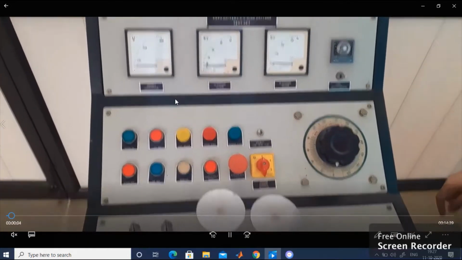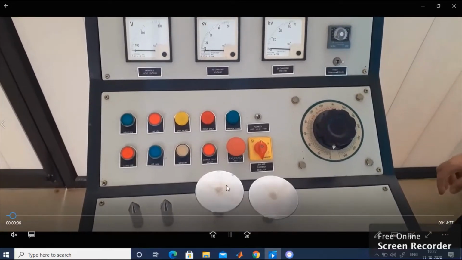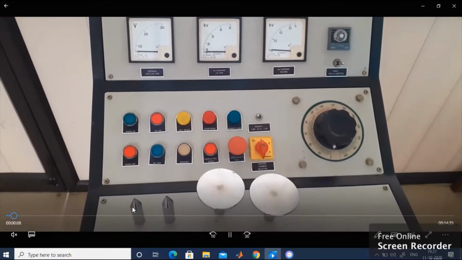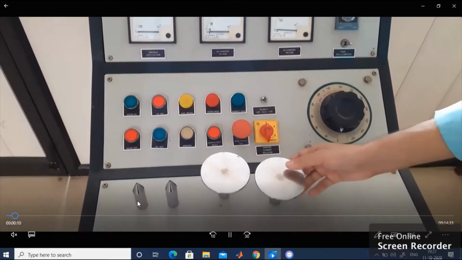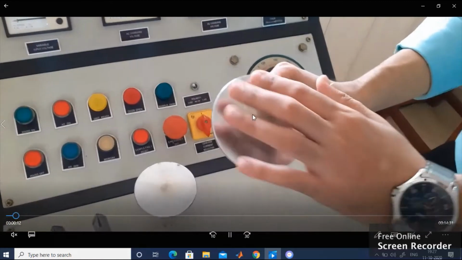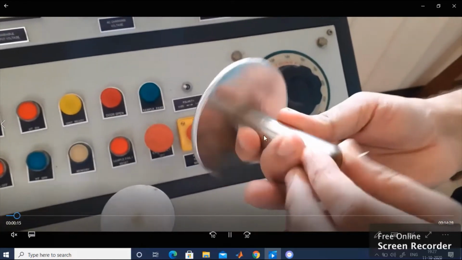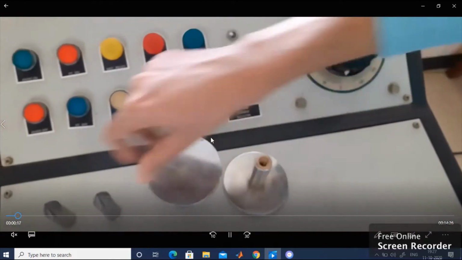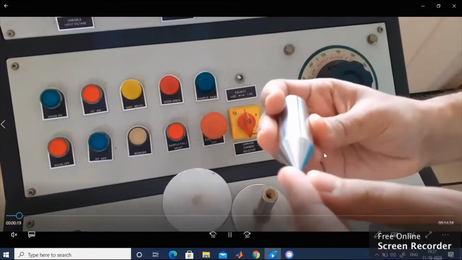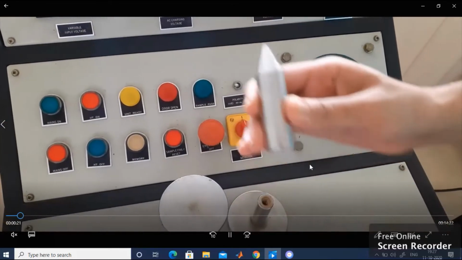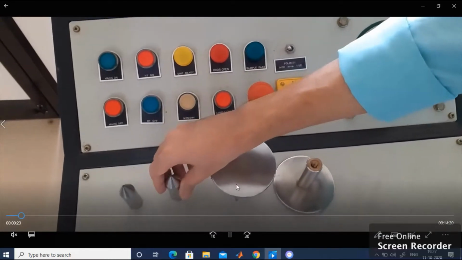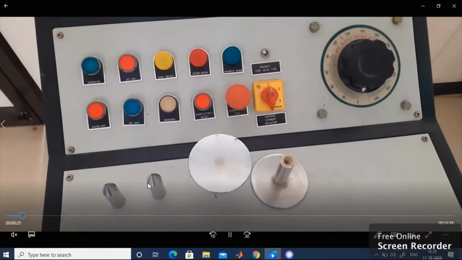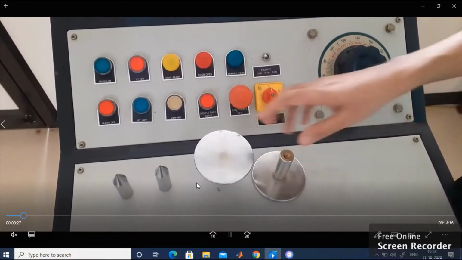So these are the different options for doing the control unit, and you can see different types of rod gap arrangement, like different configurations. This is known as plane. You can observe the plane combination. Plane, it is made up of copper. So this is known as point combination, point configuration. This is point configuration, and this will be the plane configuration. We will be doing it with the help of these combinations.